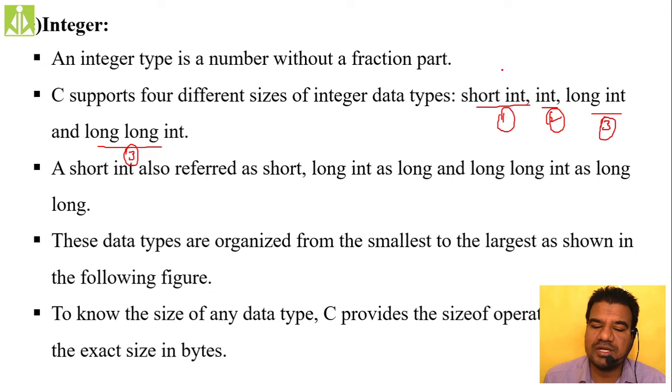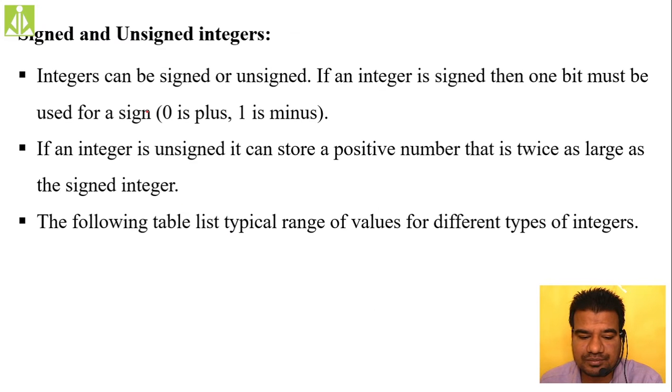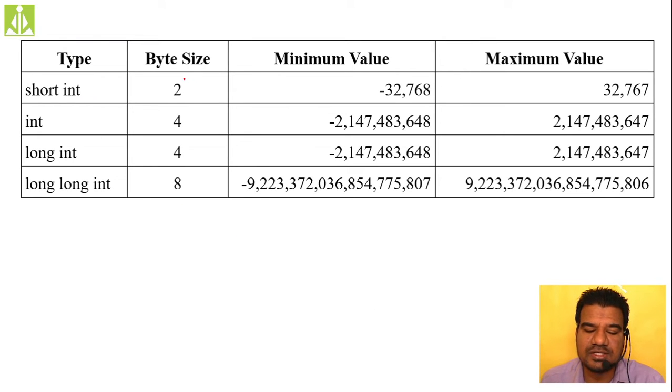Okay, so for short int, we get 2 bytes, int 4 bytes, long int 4 bytes, and long long int 8 bytes. Likewise, the memory will be allocated. So we quickly go and see. Here, short int is allocating only 2 bytes, and the range of values: the minimum value we can store is minus 32,768 and the maximum value is plus 32,767, and where did that one go? For storing 0. Likewise for integers, it will allocate 4 bytes of memory, and the range of values will go like this. This is a very huge value for integer. For long integer also the same thing, 4 bytes, so the range of values is this much.